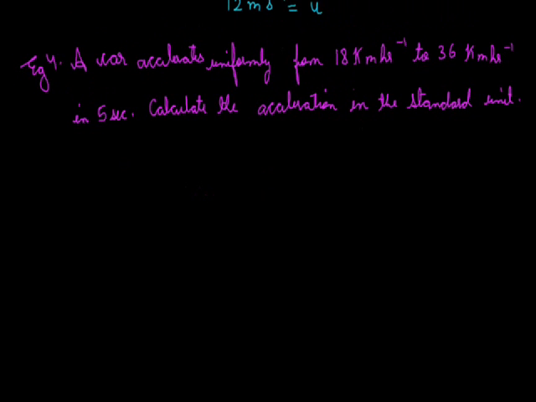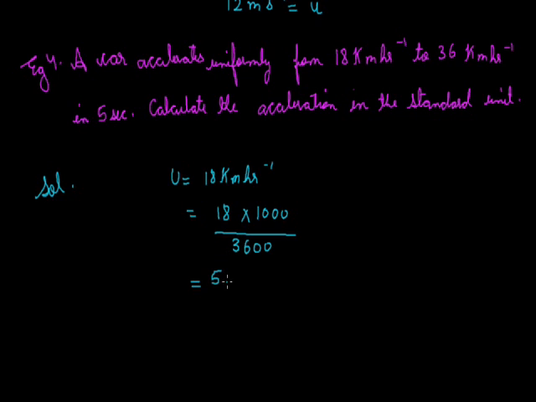Now this question says that the acceleration which is to be calculated should be in the standard unit, and we know that the standard unit of acceleration is meter per second square. So we have to calculate all the parameters in meter per second. So we are given the initial velocity, that is 18 km per hour. We have to change it in meter per second. That will be 18 into 1000 divided by 3600. And on solving this, we get